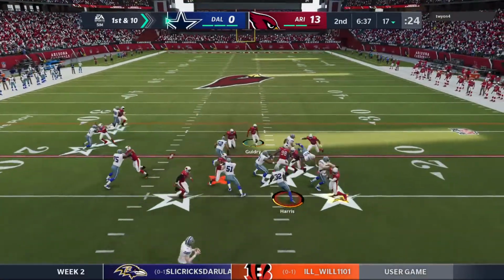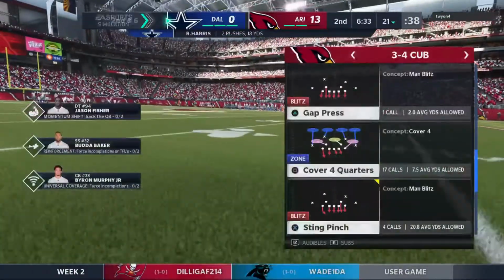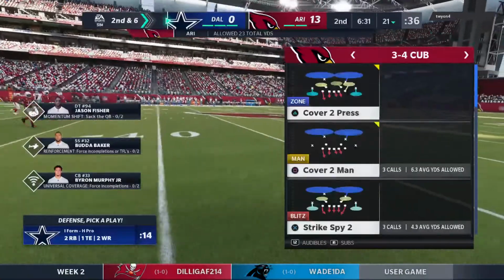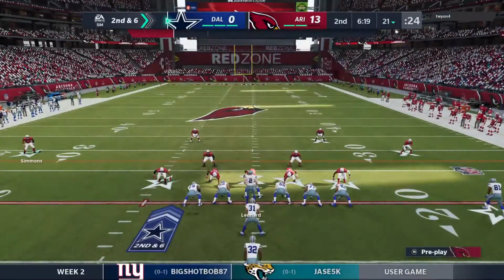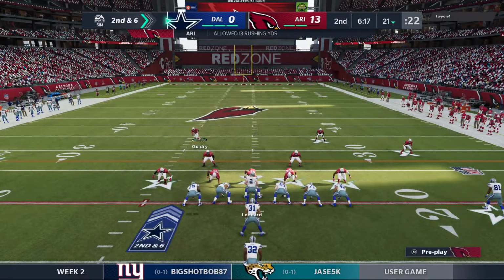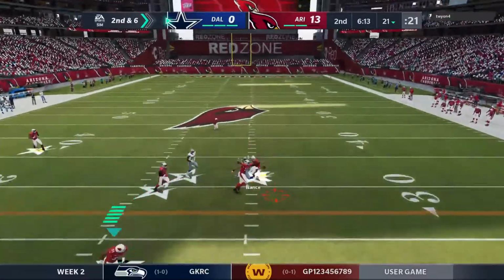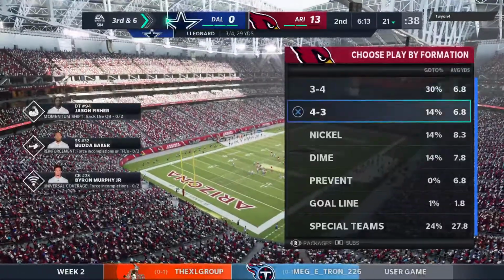1st and 10. Harris starts the drive on the ground. And he'll take this one up over the 20 to the 21-yard line. It's a pickup of 4, and it'll bring up 2nd down. They'd love to just strike back with a touchdown right here, and if it's a long play, so be it. But the main goal, get a couple of 1st downs, run some plays, run some clock, allow their defense to get a chance to catch their breath, settle down, and relax a little bit after they just gave up a